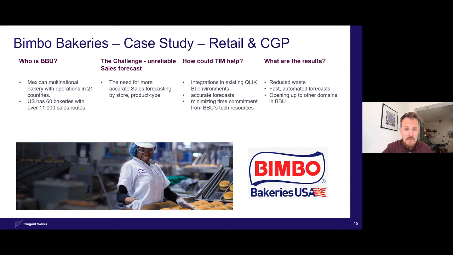So what did we introduce? They were a Qlik customer already. They were using Qlik dashboarding, and we brought their demand planning and demand forecasting to Qlik together with a local partner. So now they're using instant machine learning in Qlik to forecast their demand and have thereby less waste and an optimized distribution of their products.